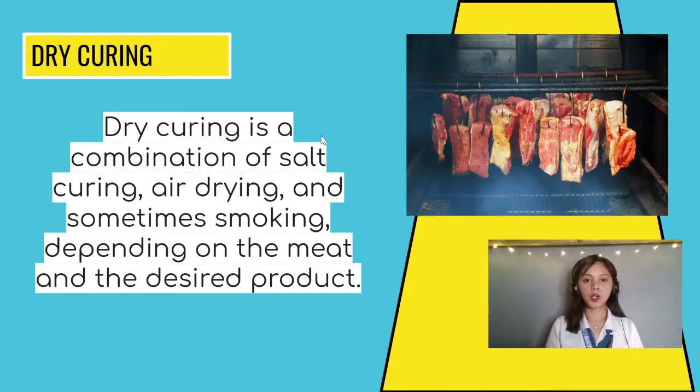So, we commonly use dry ingredients, and not only dry ingredients but also drying methods, like smoking or exposing it to the sunlight. We call it dry curing. We have examples like, again, the daing na bangus, the tuyo, or any foods that are preserved by dehydrating the moisture, which is called dry curing. So any more questions about that? None. Okay, let us proceed to the next method.